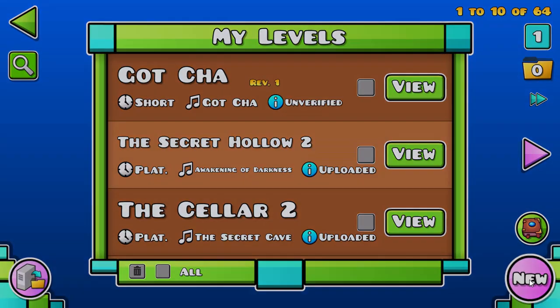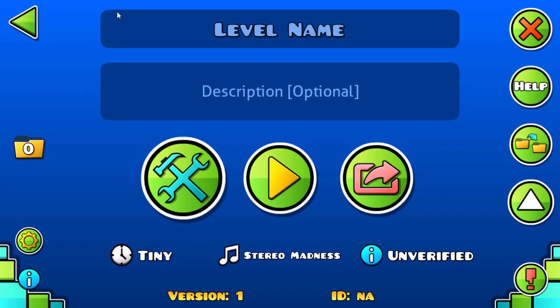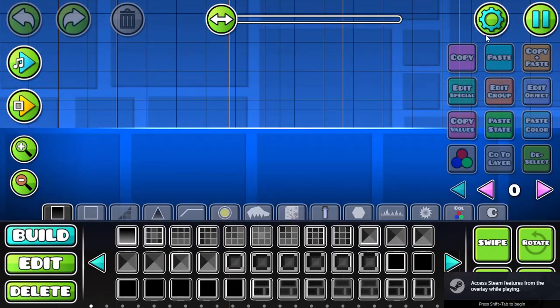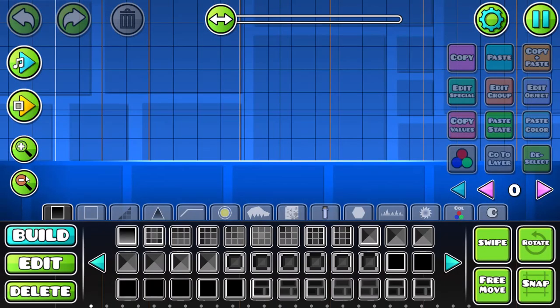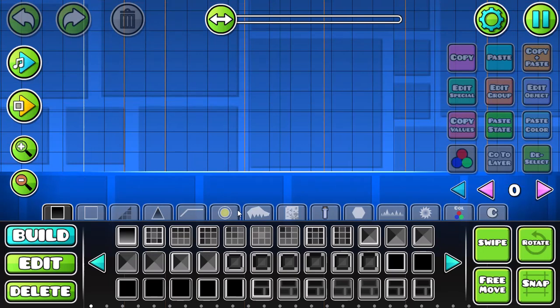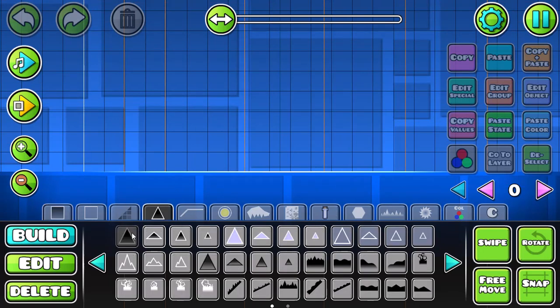Add level. Make platformer. And add the spike. Add